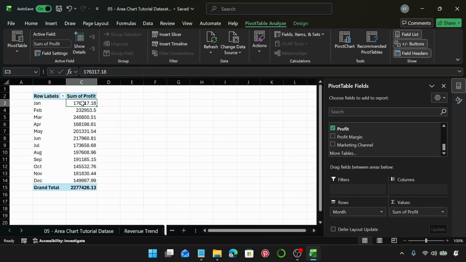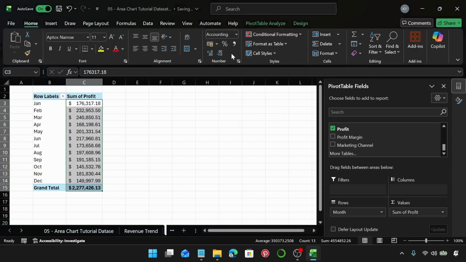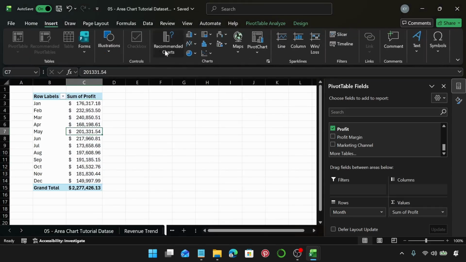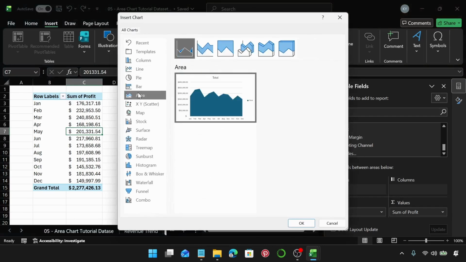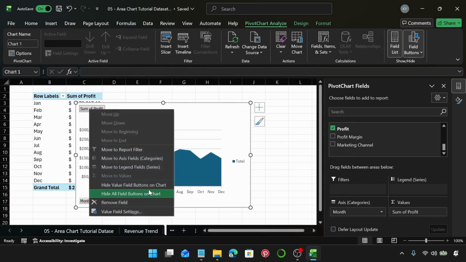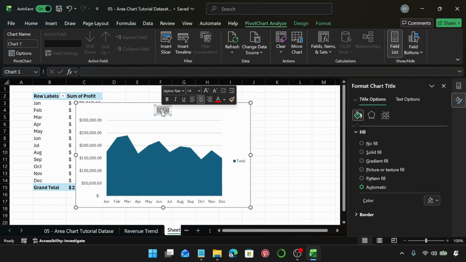I'm going to select everything here using Ctrl Shift and the down key, go over to Home, and change this to dollars. Select anywhere, insert recommended charts. We're going to select the area chart. Once again, we're still going to create this first option, just the area. I'm going to right click on this, hide all field buttons on charts, and I'm going to select the title, and make this Profit